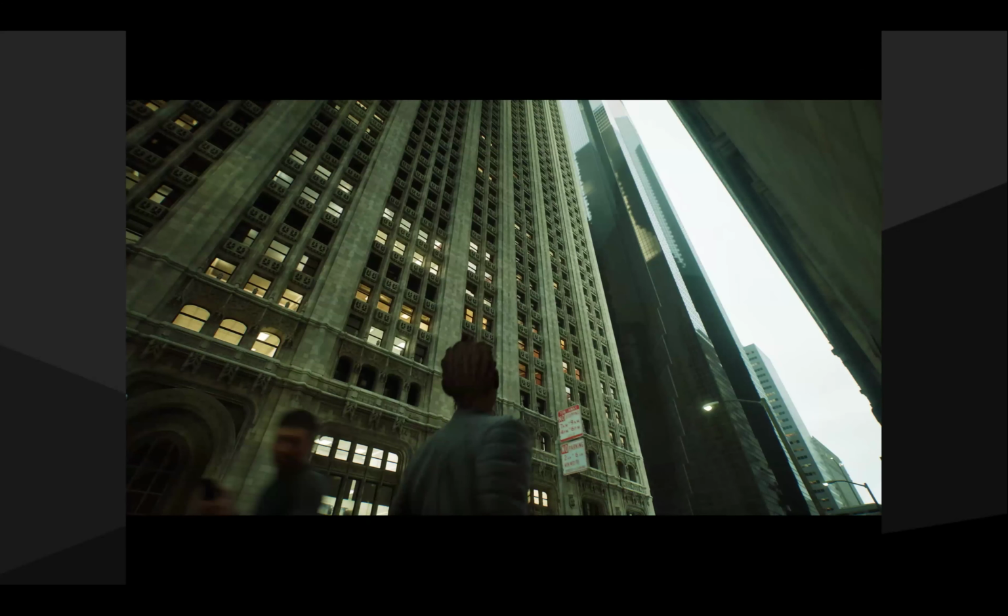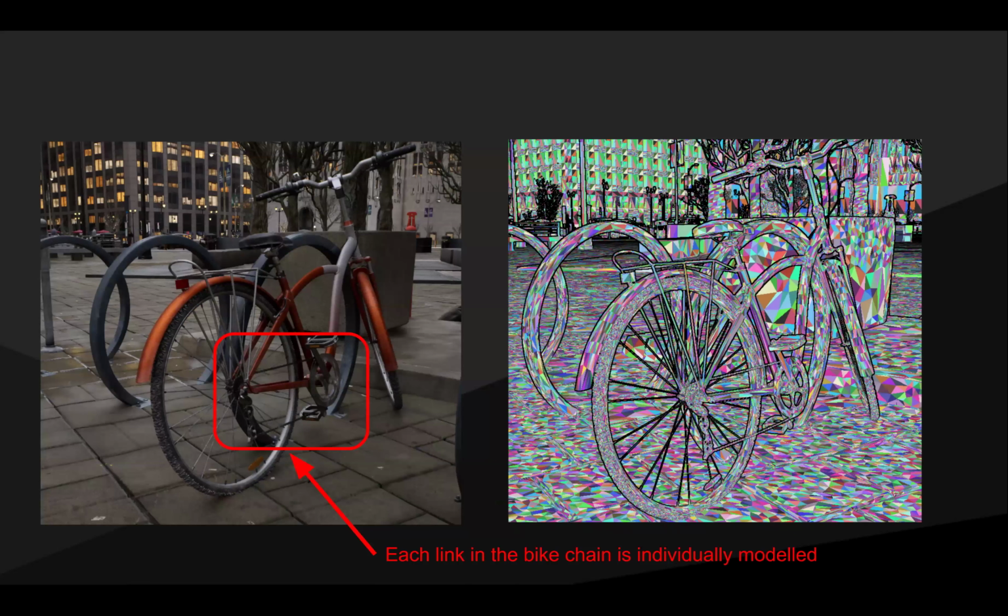If we just take a frame here, we can see that with the technology they call Nanite, they're actually rendering every single link in the bike chain, individually modeled for this bike. That's the kind of level of visual fidelity we're rendering with now. And all the tread on the tires is actually geometric detail which is being rendered.